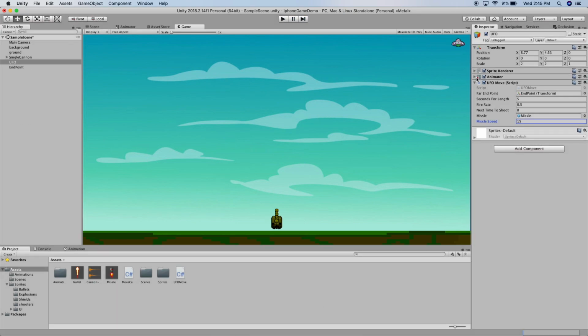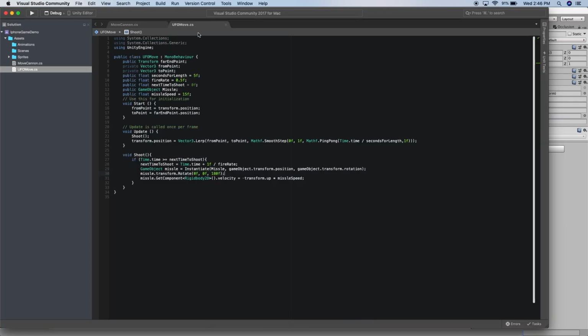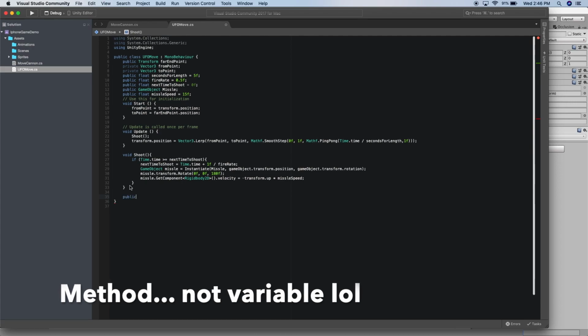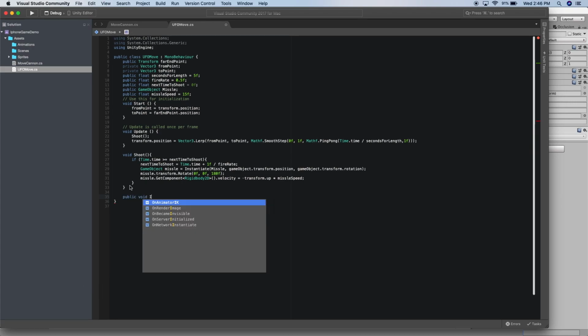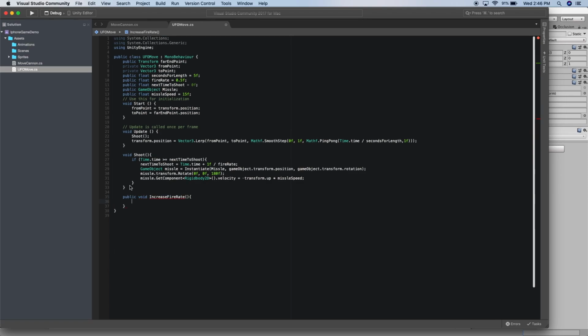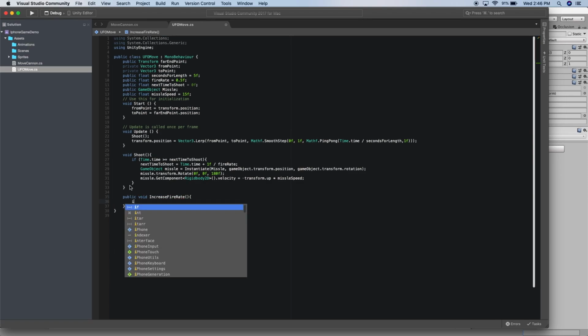And the point of this game is it's an endless type game, so you never want the game to just be stagnant. So we need to give some kind of variable for our missile speed to increase and also the fire rate to increase over time. So I'm going to come back inside of our UFO move script here, and I'm going to create another method, and I'm going to say public void IncreaseFireRate, and then I can say